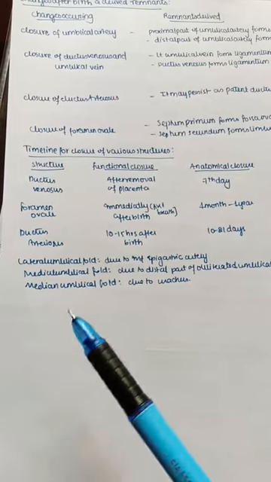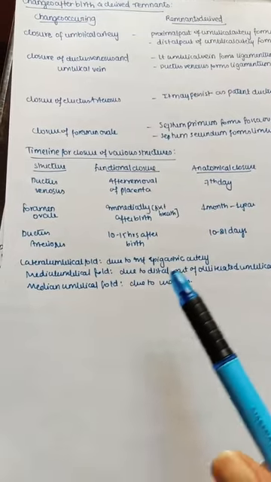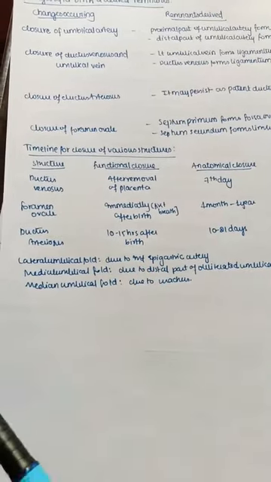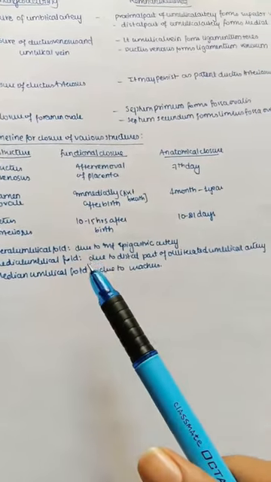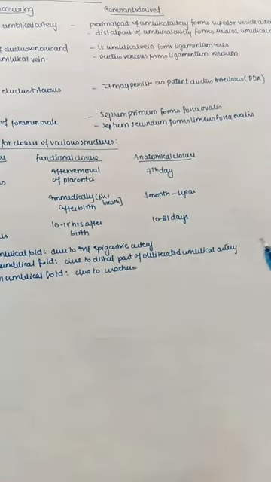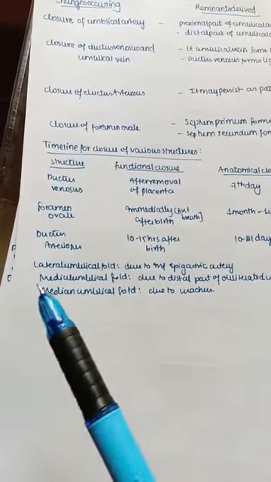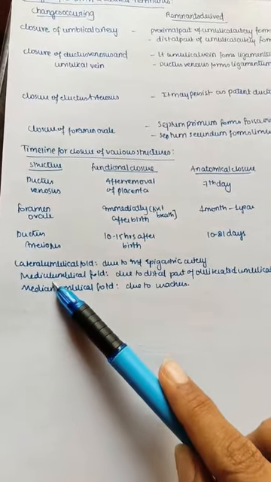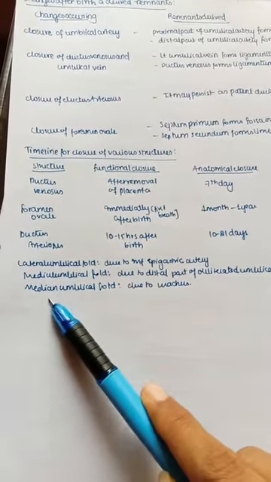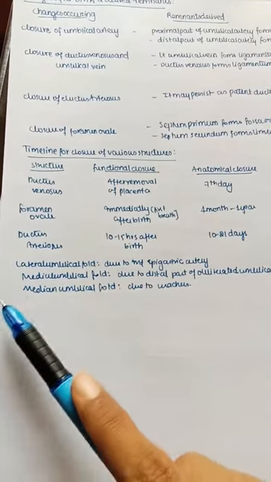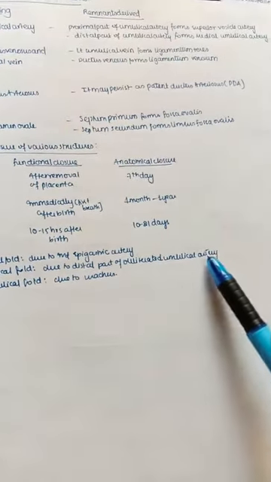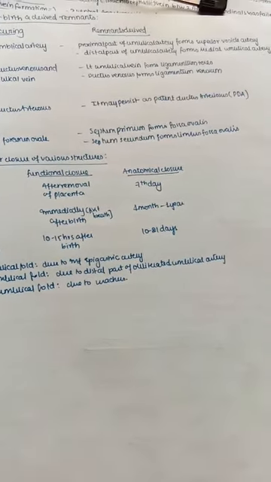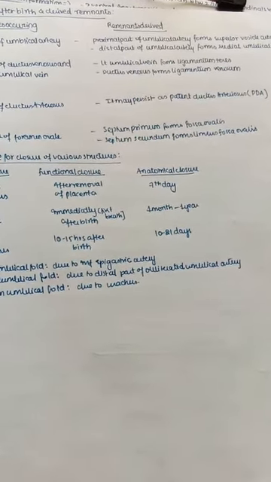We can see them after the umbilical vein and the cord are removed. The lateral umbilical fold is due to the inferior epigastric artery. The medial umbilical fold is due to the distal part of the obliterated umbilical artery, and the median umbilical fold is due to the urachus. So remember, median means urachus, medial means due to the distal part of the obliterated umbilical artery. So this is all about a quick revision of our whole complete embryology part 2.